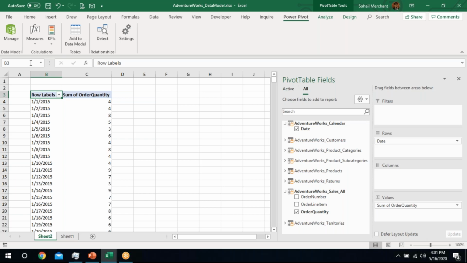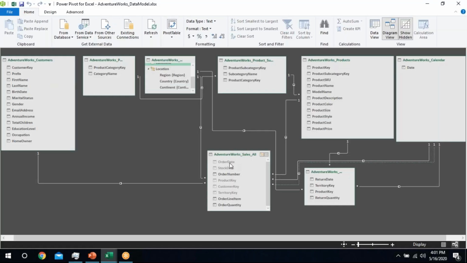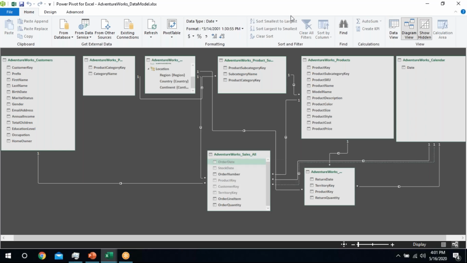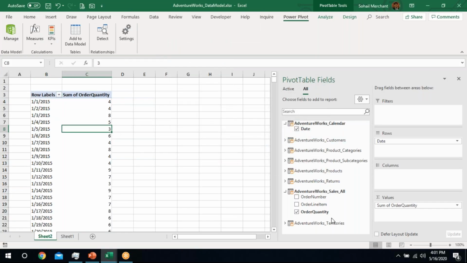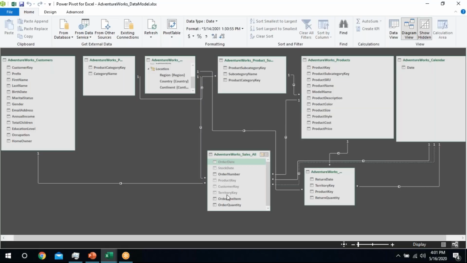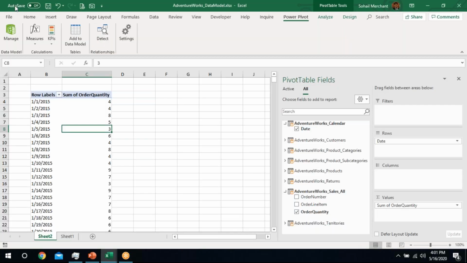One more thing, the fields that we have already hidden, right, are not available in Power Pivot, right? You can see that we have only 3 fields, whereas actually we have more than 3 fields, but only 3 fields are unhidden, and all the other fields are hidden. So whatever fields you hide will not appear in the Power Pivot field list, right? Again, going to Excel.